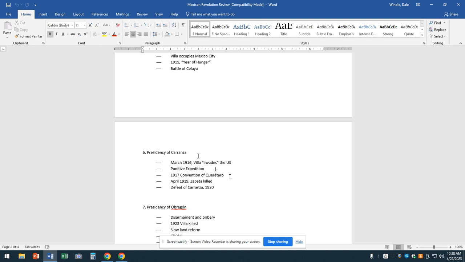Villa, angry that the U.S. kind of begins to say, okay, Carranza is the guy, and they drop their support of Villa. They'd always been supportive. He gets angry and invades the U.S. in March of 1916, Columbus, New Mexico, kills a number of people. So the U.S. sends the punitive expedition, a military expedition of men under the command of General John Pershing, Blackjack Pershing, but they never find him, and it puts Carranza in an awkward place.